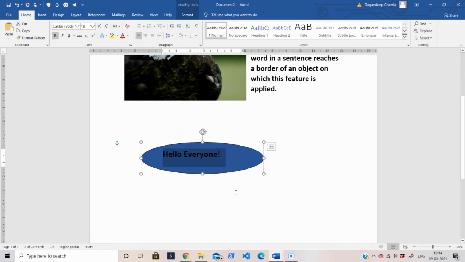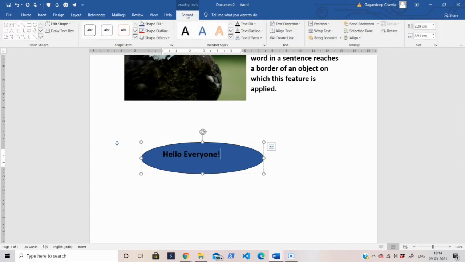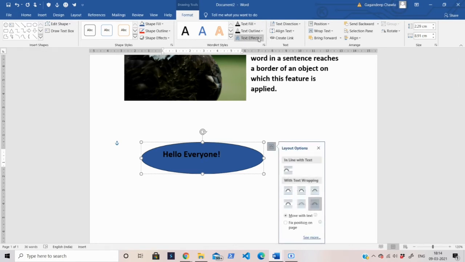Now suppose you want to change the shape of the text. Okay, so what you are supposed to do, either select the text box or select the text, go to the format tab. In the format tab you have this text effects option in the word styles group.